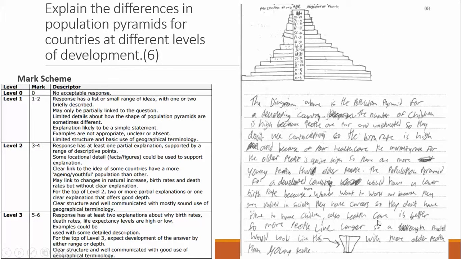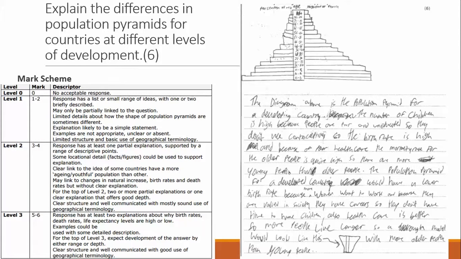Final question for this was explain the differences in population pyramids for countries at different levels of development. This was a fairly straightforward question. One of the things which it required was that you actually explained the differences, and you obviously had to have 2 different levels of development. It didn't actually require you to name a country, but this really did help to get the top end marks